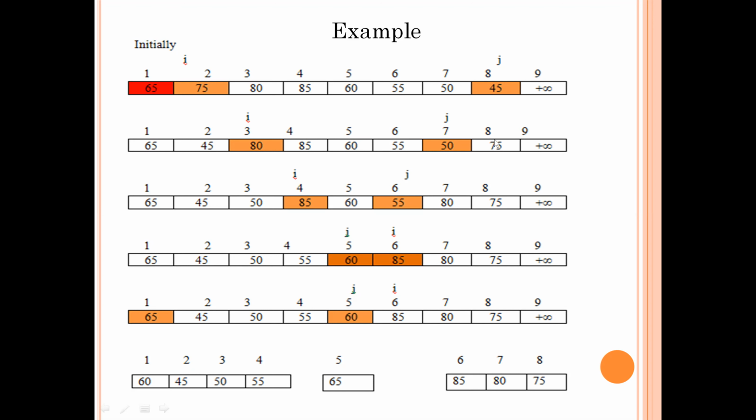Now again, this total process will be continued for the left sublist and also for the right sublist. So again, this total process from this step to this step is implemented for both the lists, until you get the sorted list of size 8. So now here you got the sorted list of size 1.